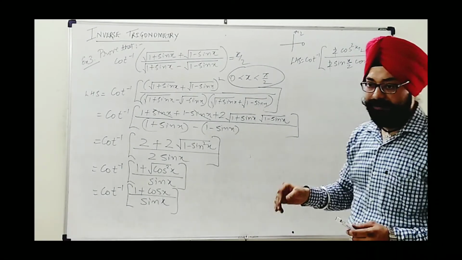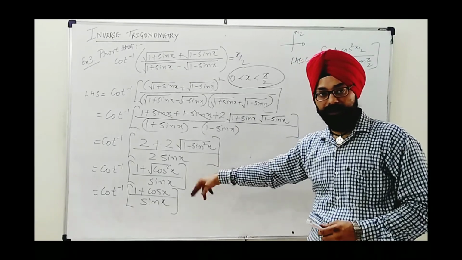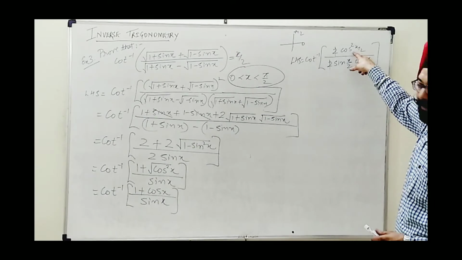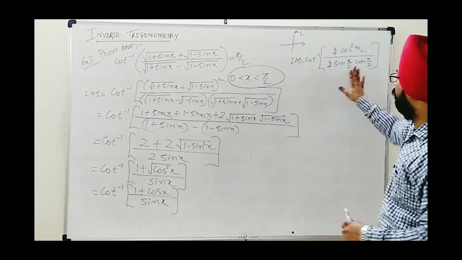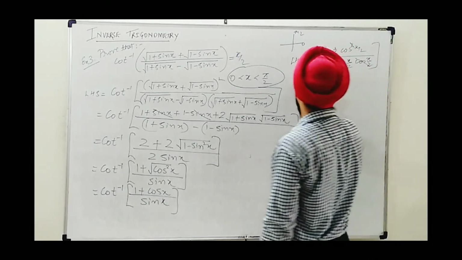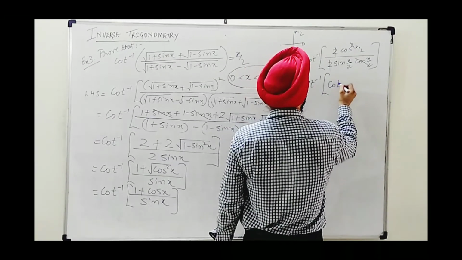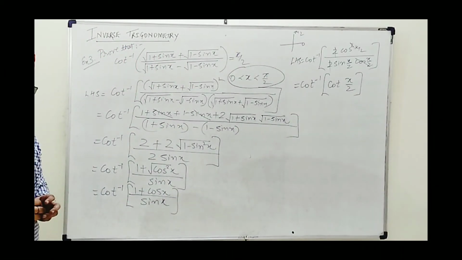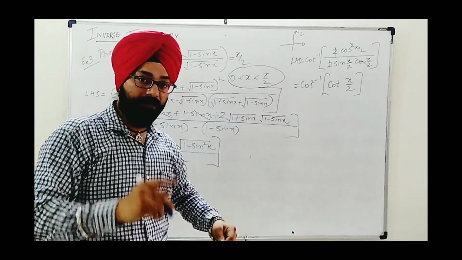And recently in this lecture, in the beginning, I have explained identities. Here with the help of this equation only you can get 1 plus cos x. We can apply 2 cos square x by 2, and with sin 2 theta, sin x will be 2 sin x by 2 cos x by 2. So cos x by 2 cancels out. Now we are left with cot inverse of cos upon sin, that is cot x by 2. As soon as I find cot inverse cot x by 2, my purpose is going to be over. I can cancel by the law of cancellation, but again the same thing.